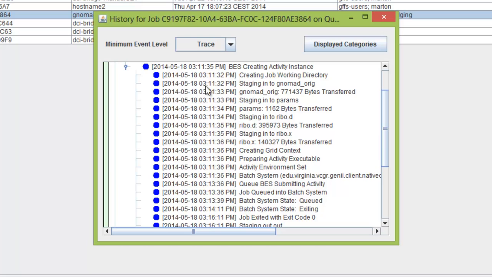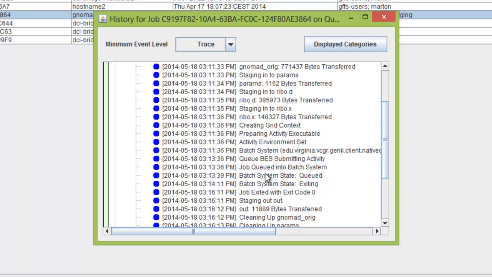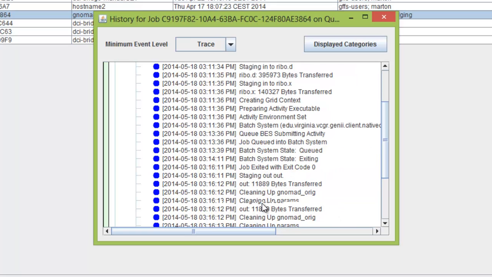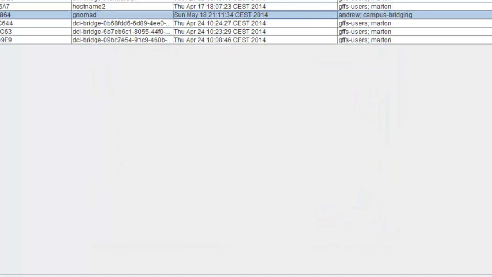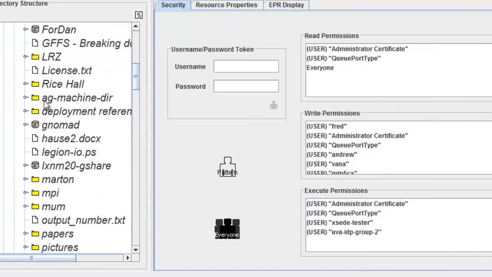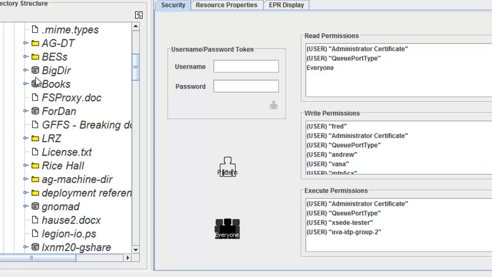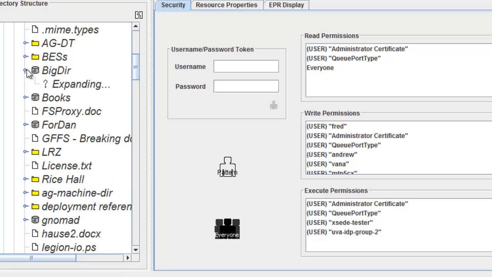In particular, we can see that it staged in nomad.orig, params, rebo.d, rebo.x. It created what we call the grid context to execute it. It prepared it. It ran the job, it exited, and then it staged out the output file, which is called out, and then it cleaned up the mess. So it all finished up, and now if we go back over here and open Big Deer, where we put the results